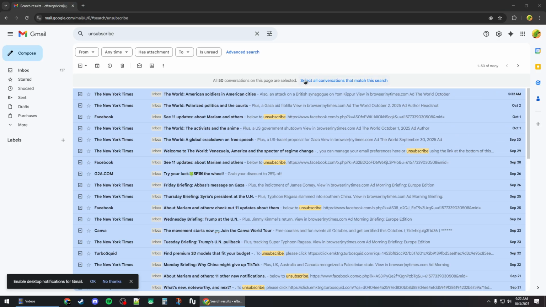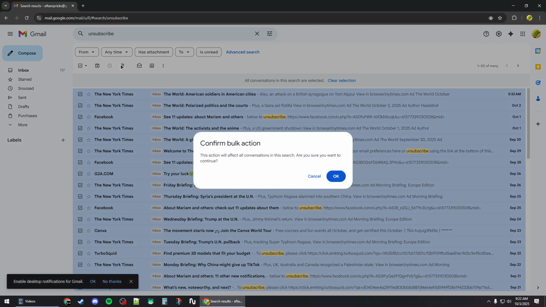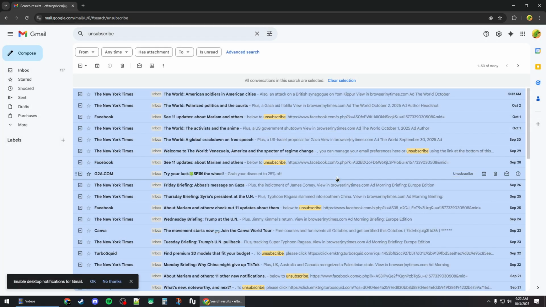After selecting everything in your inbox from the search, you'll need to click on select all conversations that match, and then click on the delete icon right here,